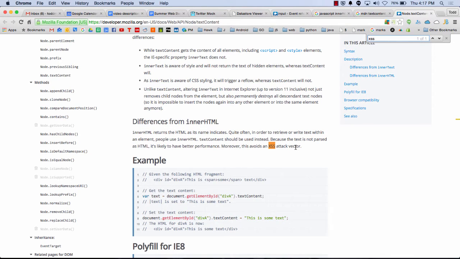Kind of funky language for just saying that if somebody tries to stick a script tag in, it's just text. I'm not putting HTML or scripts in there. innerHTML will put it in. Okay? So precision, nuances, but they're important. If you don't know what you're doing, you're going to get jacked.